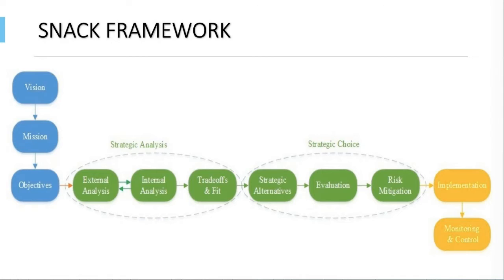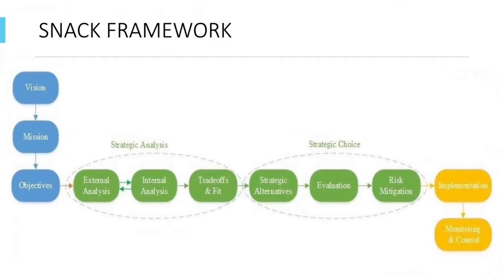So we merged in three extra steps before the external analysis, which you can see in this flowchart. We added vision, mission, and objectives. Moreover, we found Porter's strategy framework lacks resources for analyzing internal assessment. To fix that, we inserted extra tactics and tools to enrich the original framework to support the outcomes. Now I'm going to pass it to Afshin to introduce how our SNAKE framework works for your business level strategy.